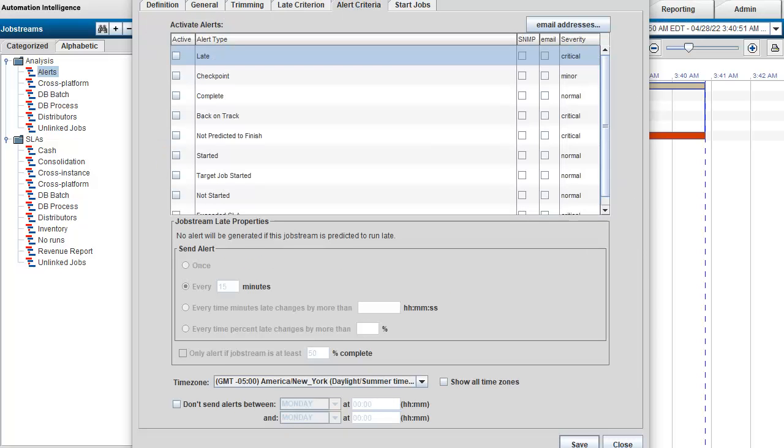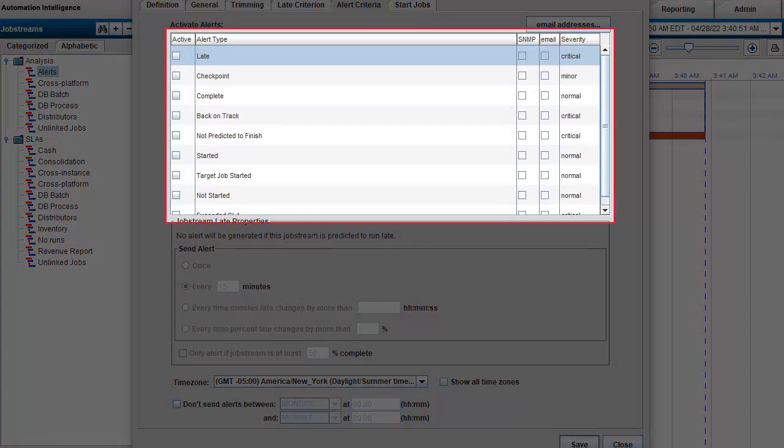We use this interface to configure the alert. First, we can select the type of event for which we want to be notified. Some, like complete and target job started, are fairly innocuous and usually don't warrant supervision. Their level of criticality is normal or minor. Others, like late and not predicted to finish, are critical because they indicate failure, real or predicted, to comply with